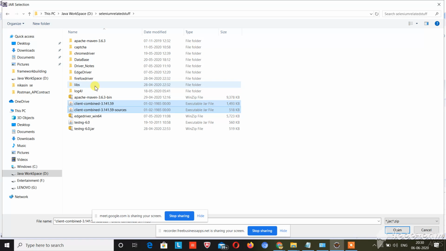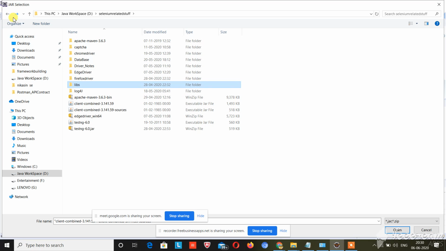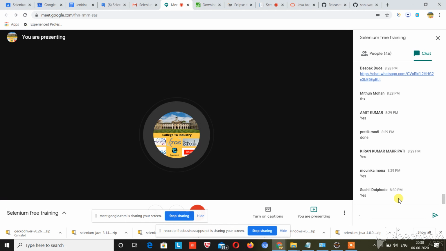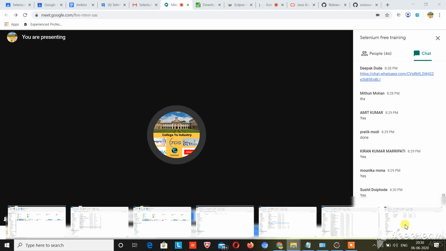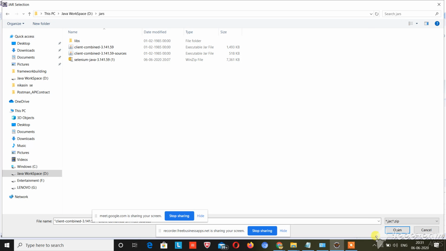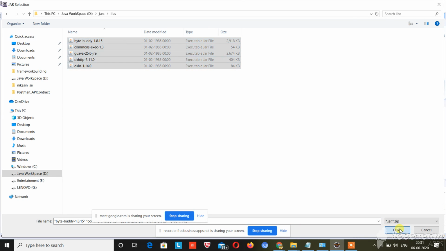let me check where I have. Okay, so the folder which you have downloaded the second time, I have here. These two jars, you just need to click. Oh, sorry, you need to click here, open, and just go back to libraries and import these 6 jars.